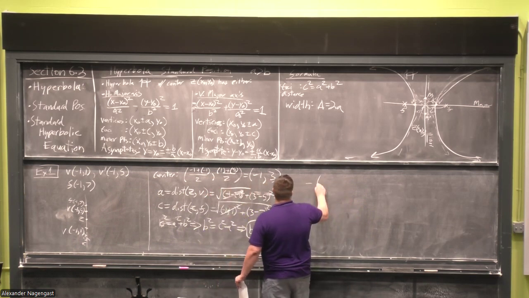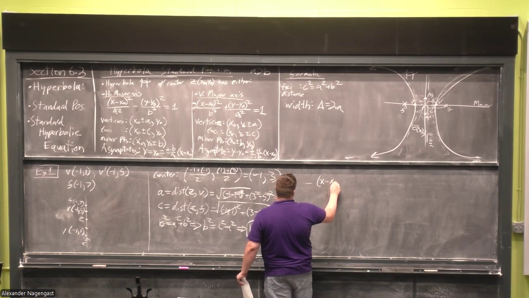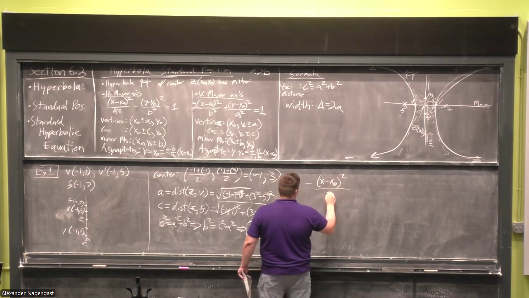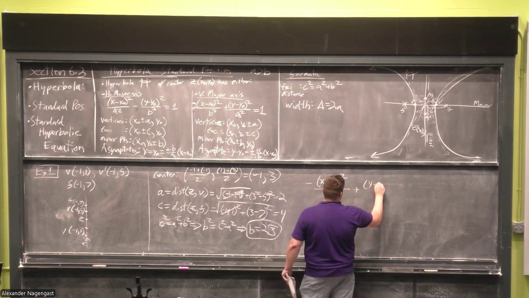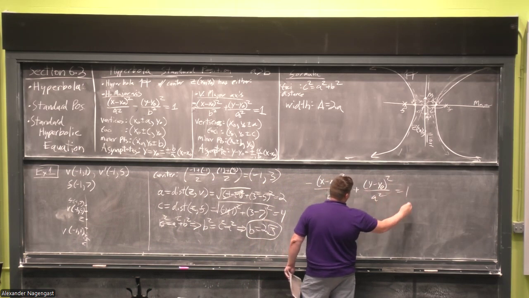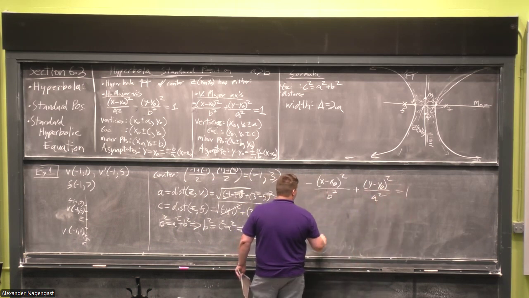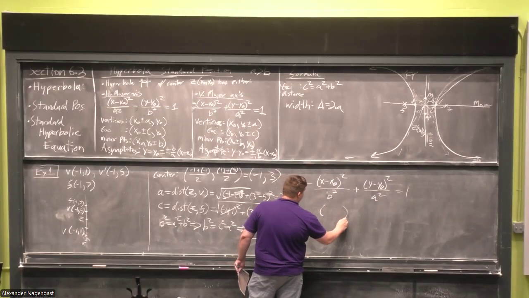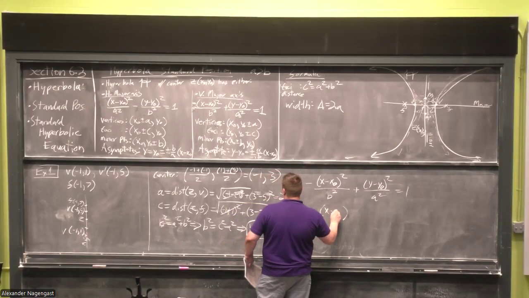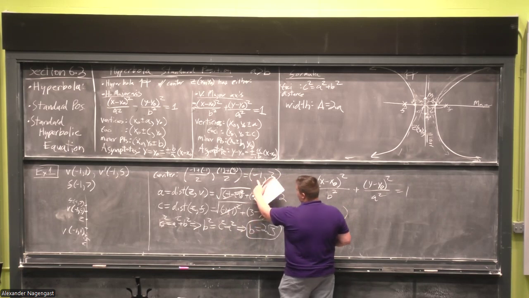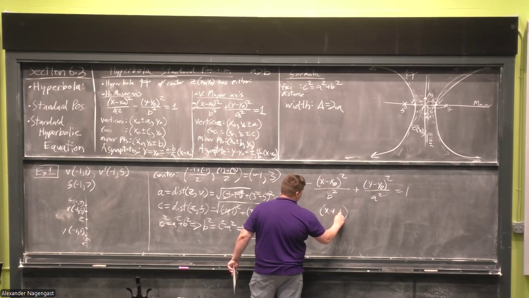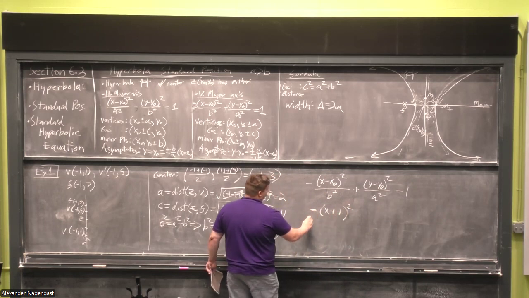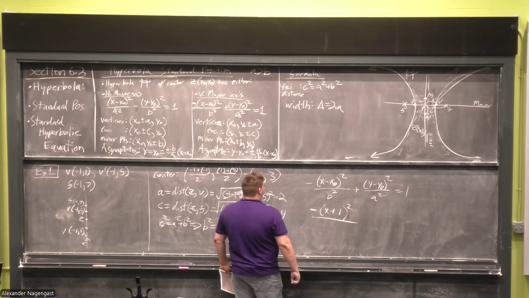We'll have x minus x naught squared all over b squared plus y minus y naught squared all over a squared equals 1. Just plug and chug. What is our x naught? Well, our x naught is -1. So we have x minus a -1. So we're going to do x plus 1 squared, divided by b squared,